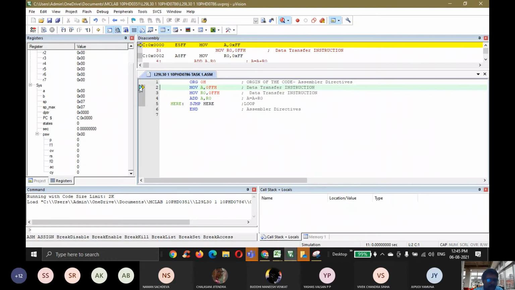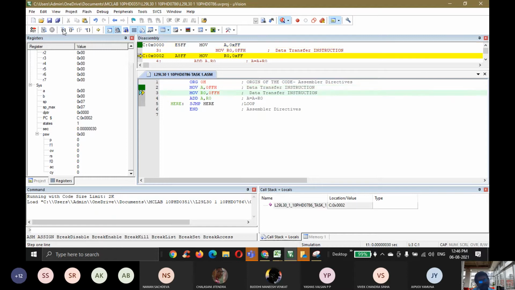Now what we are doing, this arrow mark will be there. If this arrow mark is correctly pointing to the first instruction, because ORG is an assembly directive, then your program is correctly mapped. Now to execute, we have step by step, F11. You can press F11 or click this button, click once, and the first instruction is executed.